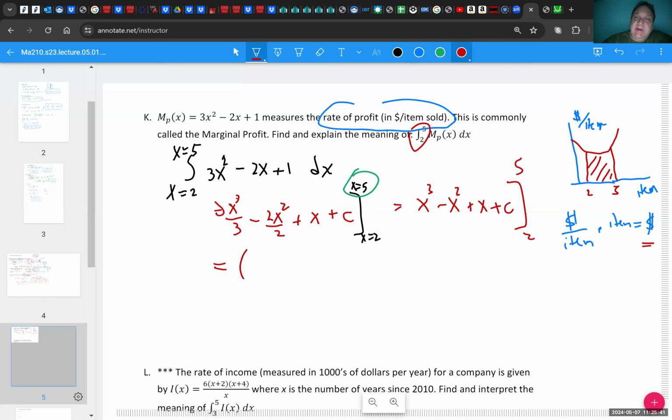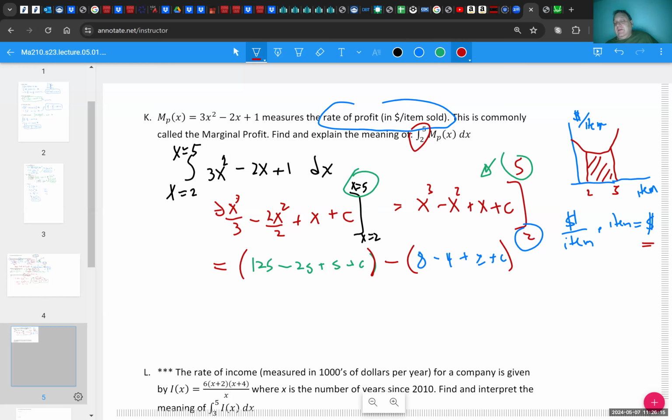If I plug in the 5 into my formula, I get 5 cubed minus 5 squared plus 5 plus c, minus, when I plug in the bottom. So the bottom is going to be plugging in x equals 2. 2 cubed is 8. 2 squared is 4. 2 is 2. And c is c. And that is the antiderivative evaluated at the two endpoints